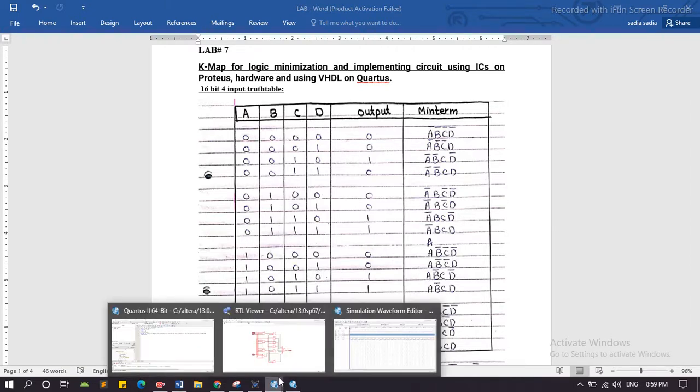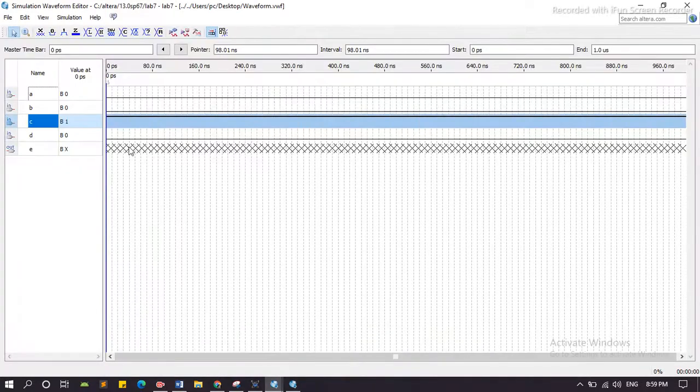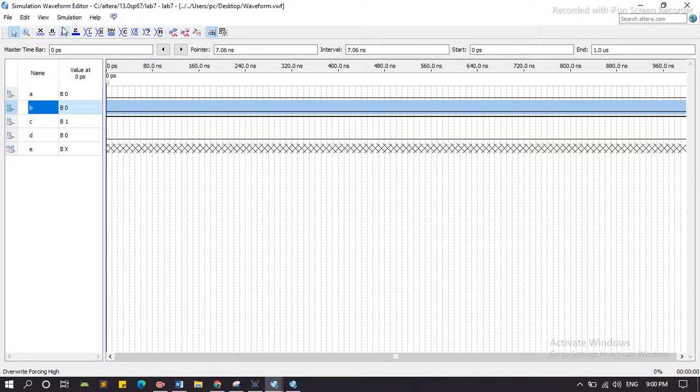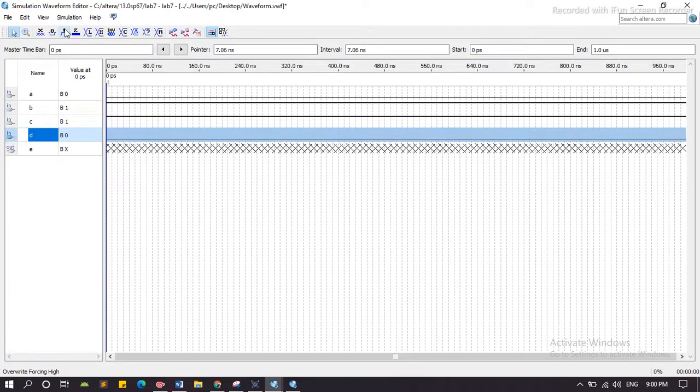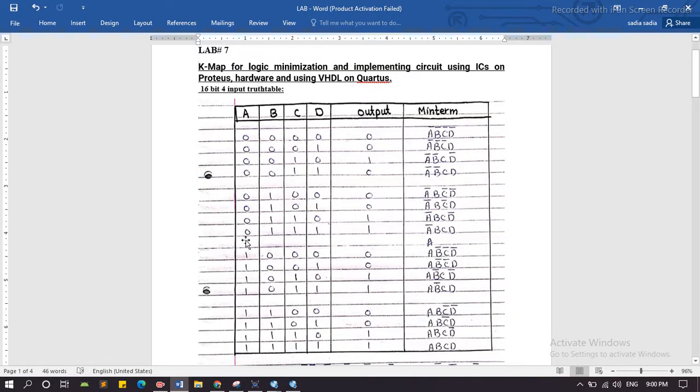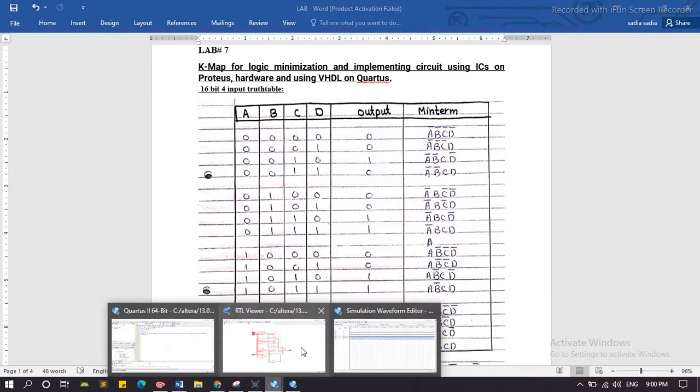Now we go to this and we select BCD equal to 1 1 1 and A equal to 0. Now we run the simulation again.